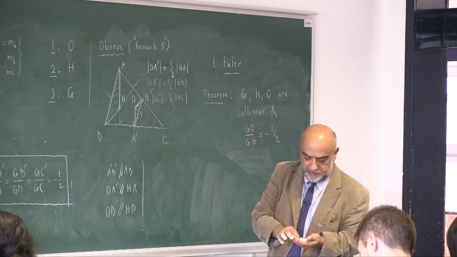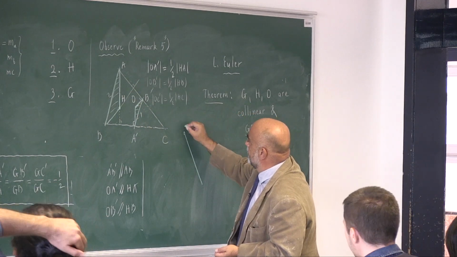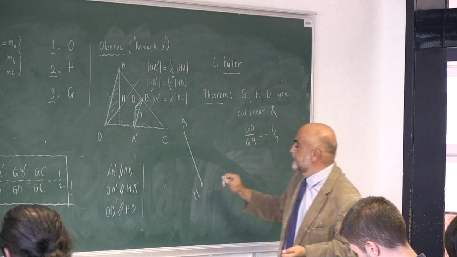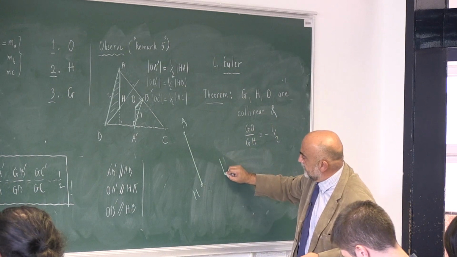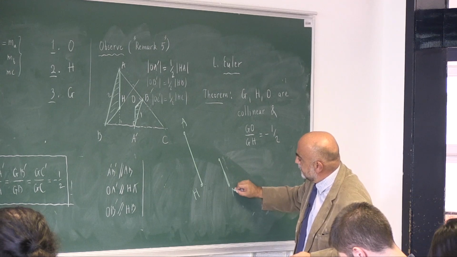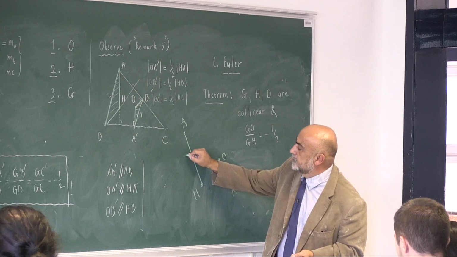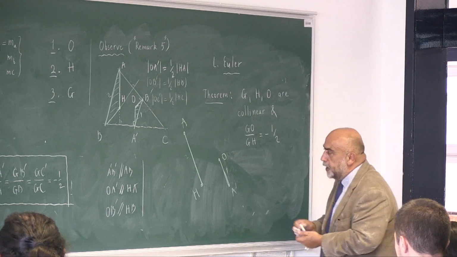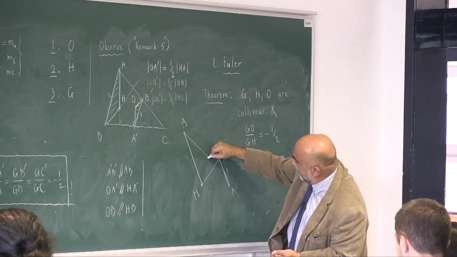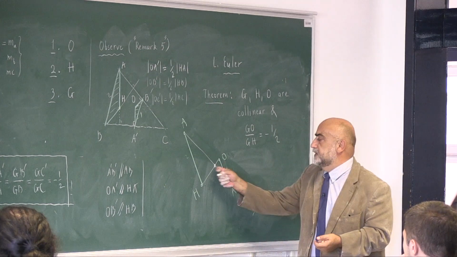Let me draw this picture again. That's AH. And let me draw this, OA prime. These are parallel lines. And what do I know? I know that this short line is half. So if this is 1, this is 2. So if I join O and H, and if I join A and A prime, what do I know about this point? I know that this point X,